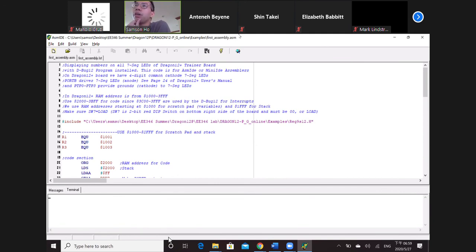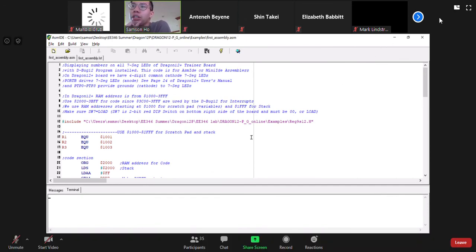Let me see if we have any other questions. How do you open a terminal? It says the wrong port is